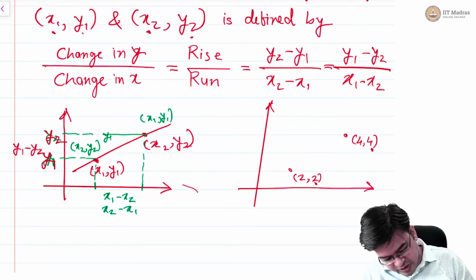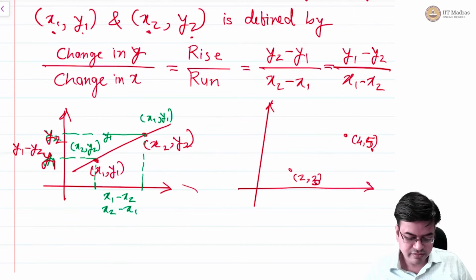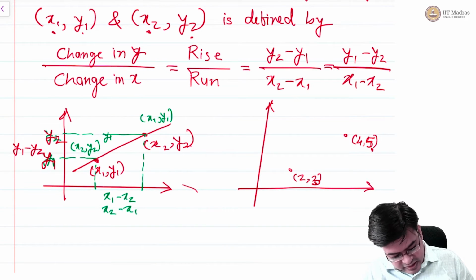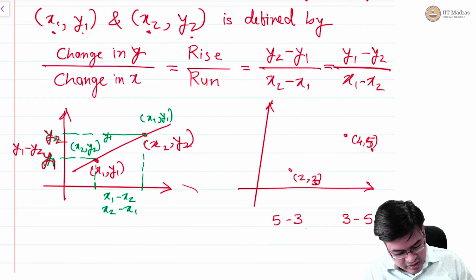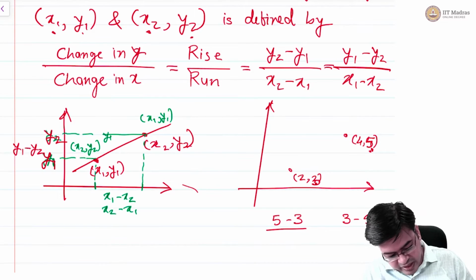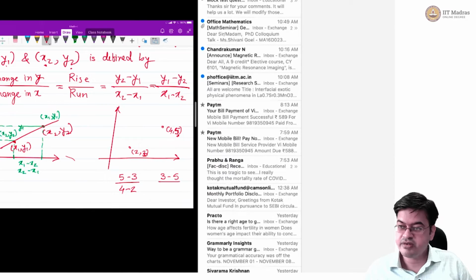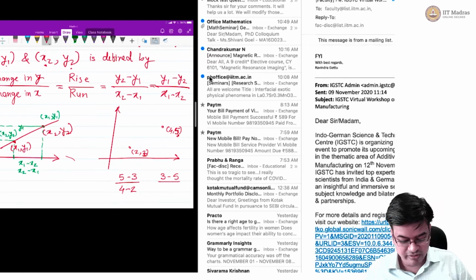Okay, let me put this as 2 comma 3 and 4 comma 5, and so this way it will be more clear. So if I am putting it 2 comma 3, whether I consider 5 minus 3 or 3 minus 5 is immaterial, but if I am writing here 5 comma 3, then I should write in the denominator 4 minus 2, and if I am writing here 3 comma 5, 3 minus 5, then in the denominator I should actually write